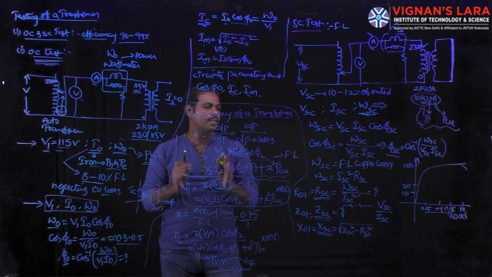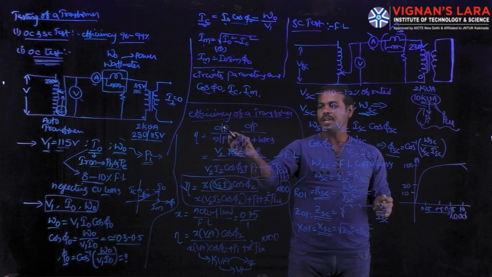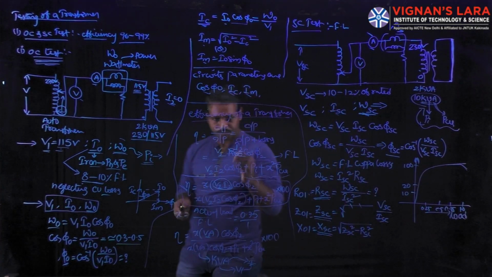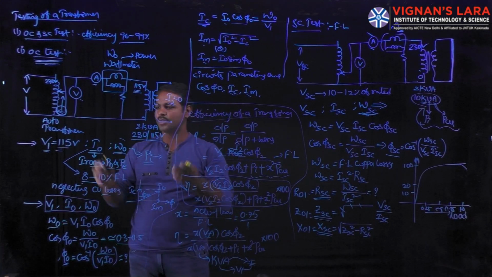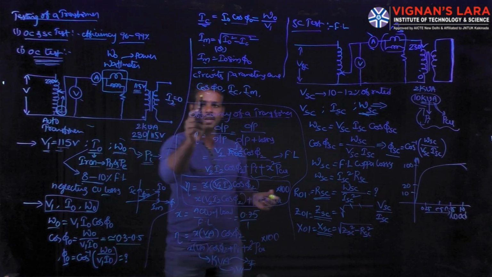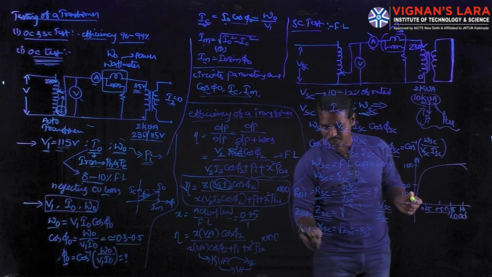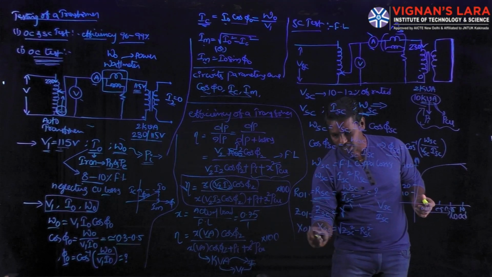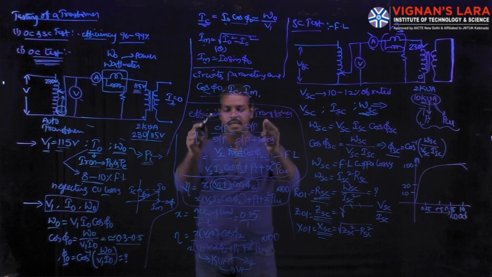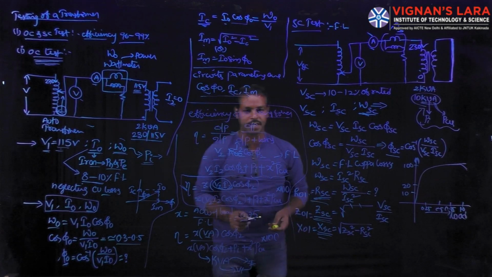So this covers the open circuit test, short circuit test and efficiency of a transformer. From the next class onwards we will work on efficiency problems related to the OC and SC tests. By conducting the open circuit test, we always calculate these three parameters. By conducting the short circuit test, we always calculate RSC, ZSC and XSC. By using these six values, we can easily find the efficiency of a transformer.